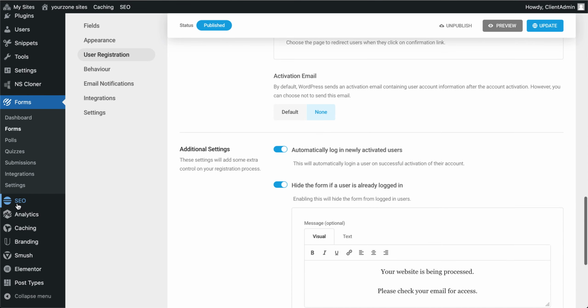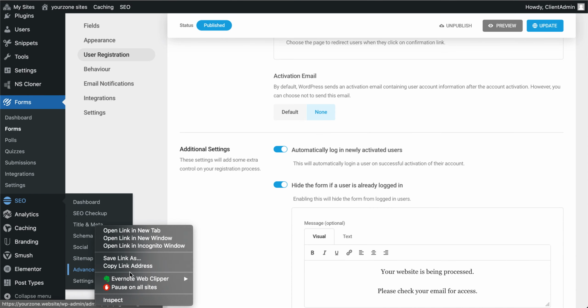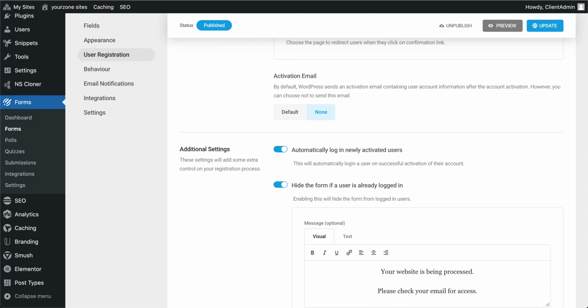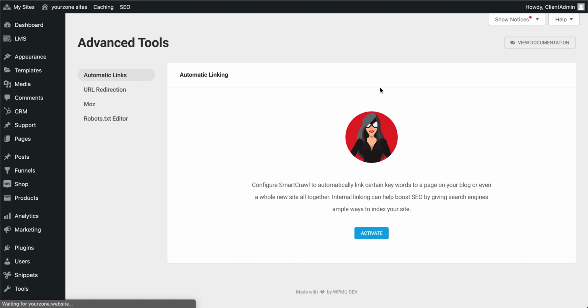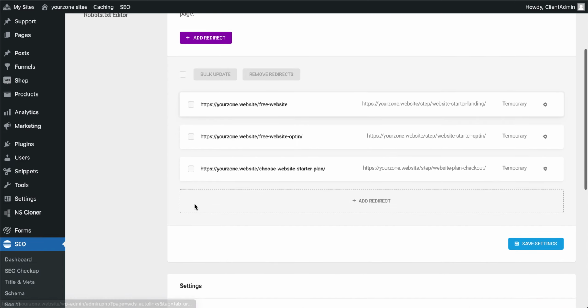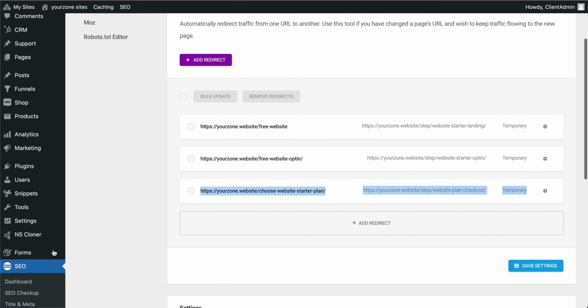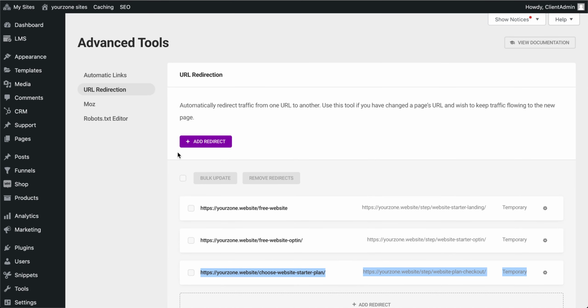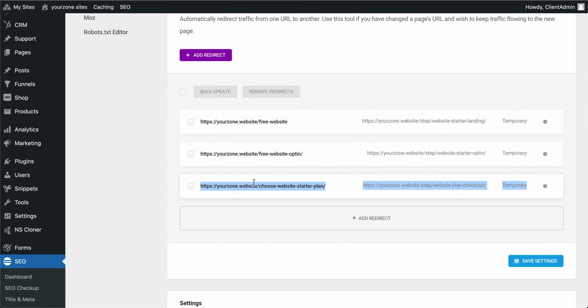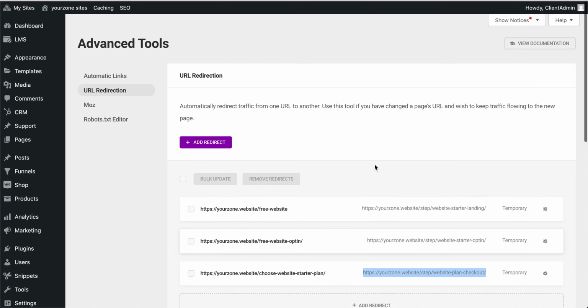How do I do that? Go to SEO, Advanced Tools. I'm going to open a new tab here and create a redirection for that page. So go to SEO, Advanced Tools, URL redirection, add redirect, and say people that land on this URL are going to be taken to this page. This is the URL of the first step of our sales funnel, the one where they actually pay. And that's it. That's the automation